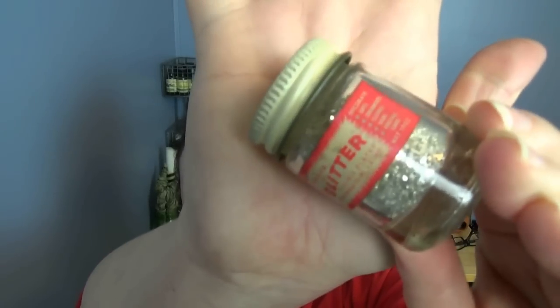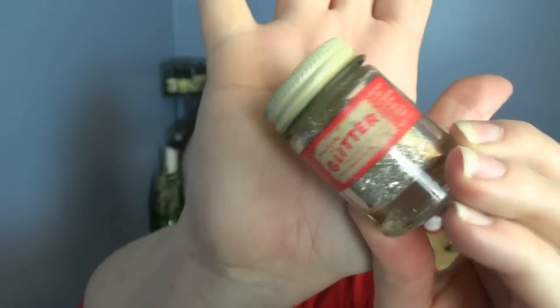I love the contrast of the worn label with the shiny glitter. I just think it looks magical and happy, and I'm gonna put it somewhere back here to make me happy